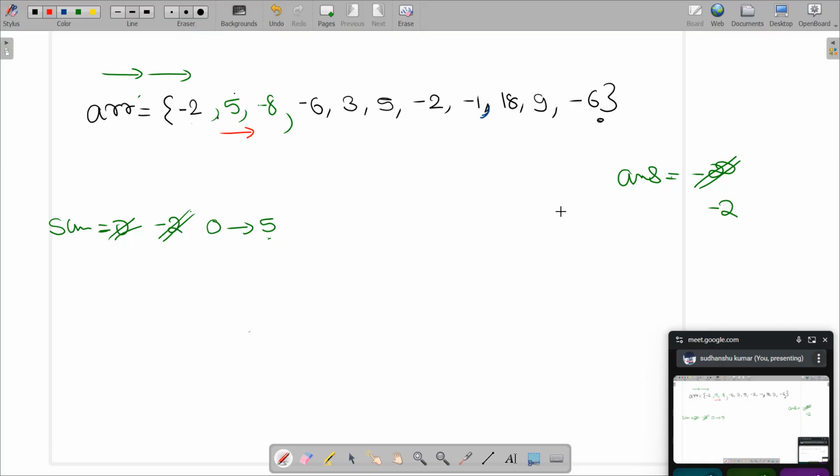So in this case also we will keep on checking every time my train moves one step forward: is my current train sum greater than my answer? Yes. So I will update my answer.